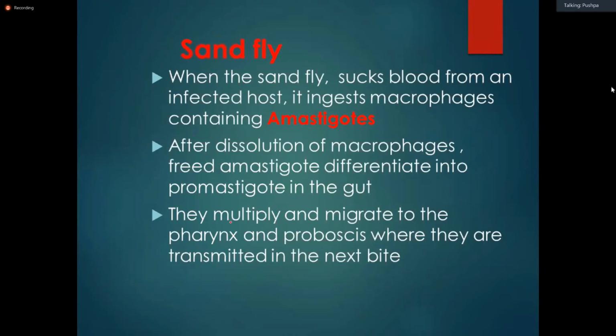After the amastigotes reach the gut, they multiply and migrate. This is similar to what happens in the gut of the malarial parasite. Only the terminology is different, and the area and the cells involved are different. The amastigotes develop, multiply, and migrate to the pharynx and proboscis, where they are transmitted at the next bite. In humans, shortly after